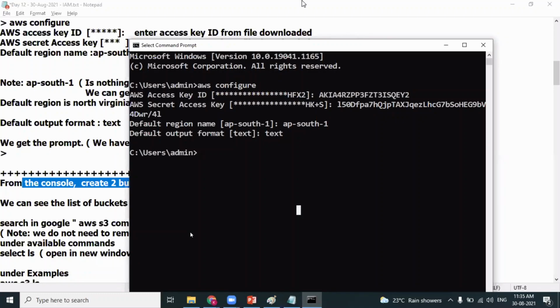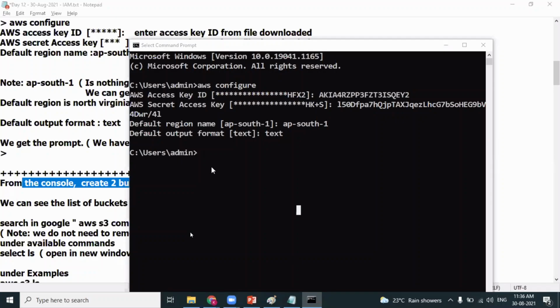The first point. In the interview, nobody will ask you to write the command to see the list of all the buckets or tell me a command to create a bucket. Nobody will ask you the command, Anuj. But you should be in a position to look at the documentation, search for the right command and run it so that you get what you want.